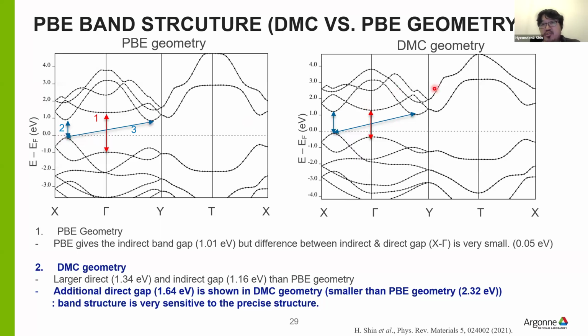And from the DMC geometries, the PBE band structures give a somewhat different result. They show larger direct gaps and a larger difference between direct gap and indirect gap, while the PBE geometry shows a very small gap difference between the indirect and direct gap. We also found an additional possible direct gap at the gamma point in the DMC geometry, which is significantly smaller with the PBE geometry. So we clearly see that the band structure is very sensitive to the